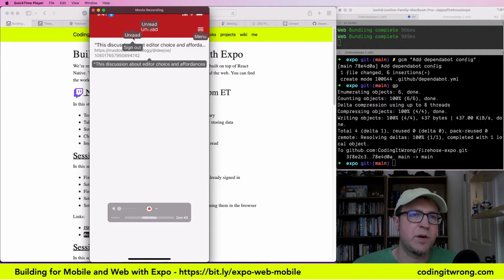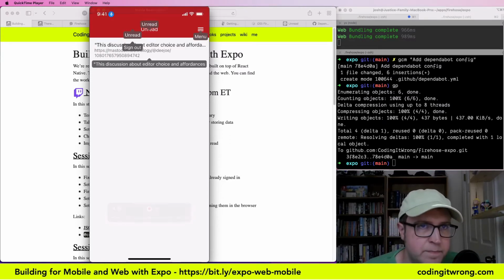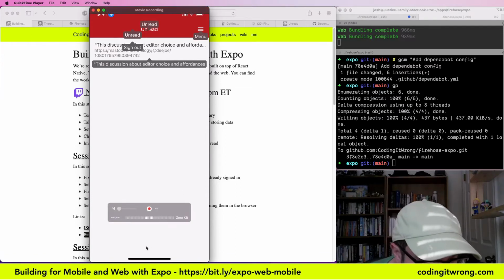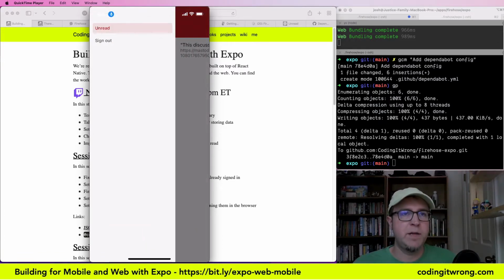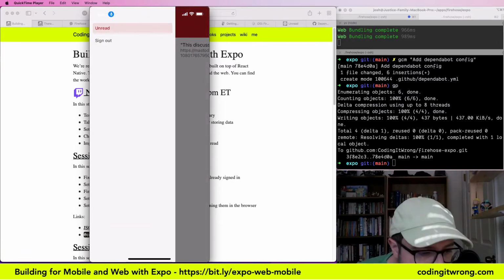Unfortunately, it looks like the sidebar commands are showing up here as well. But one thing that's showing up is that this icon on here says menu. So if I say tap menu, and the menu pops out. And if I say tap unread,